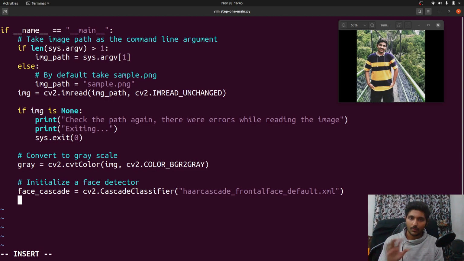So this is what we're going to do. And we already have this model saved in the current folder. So you can also go and check out OpenCV's extra repository and try to get this model. Also, if you just search this on Google, you'll find this file. Okay. So this is how it is. You just initialize a face detector and then you try to detect a face out of this image. How do you do that?